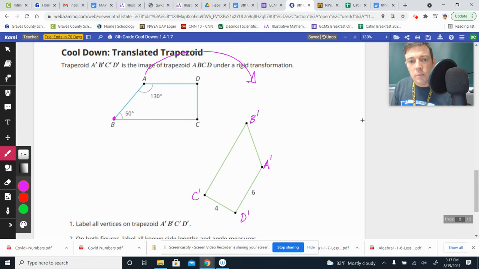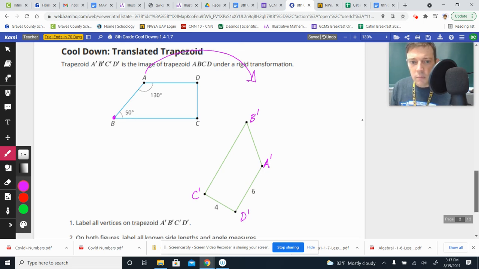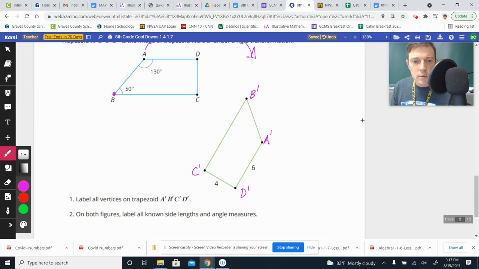B flipped all the way up over there. D got thrown down here, and C in this location. So we have our transformation figured out of our points. So we've labeled all of our vertices. That was part one. And then part two says on both figures, so on this one and that one, label